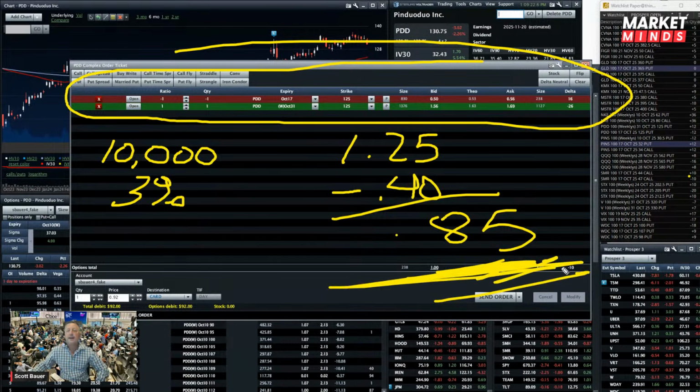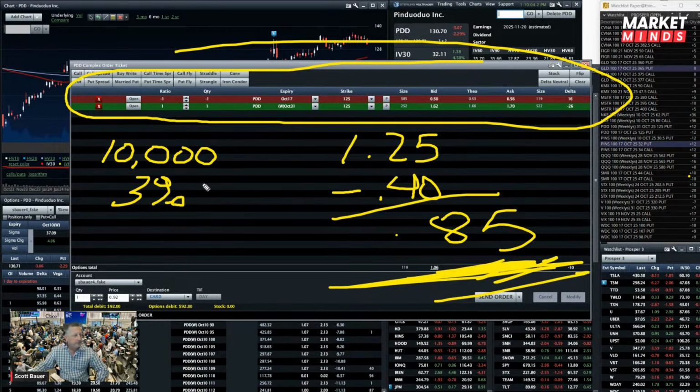Knowing that 85 cents is the maximum you could lose, that is your risk, okay, how many of these would you have done? And yes, you need to remain constant. You need to use the same risk allocation on every trade. It is vital to understand your risk. So how many of these with a $10,000 account risking 3%,